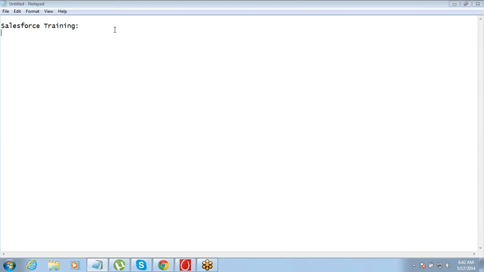So we talked about data import and export, right? And it's pretty simple to import the data or export the data. Fine. Now, apart from import export, there are certain other mass data operations that